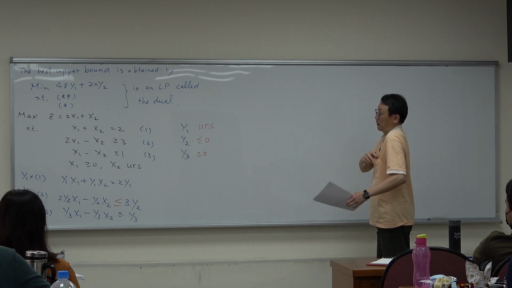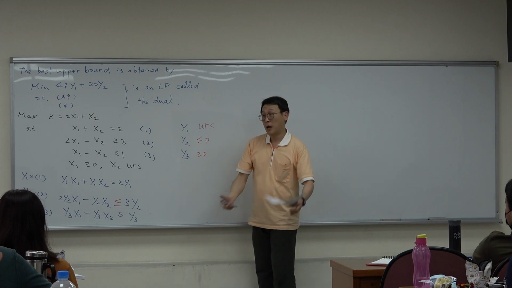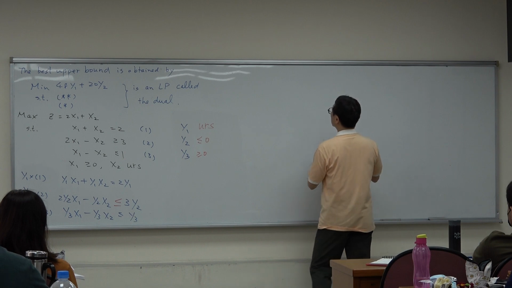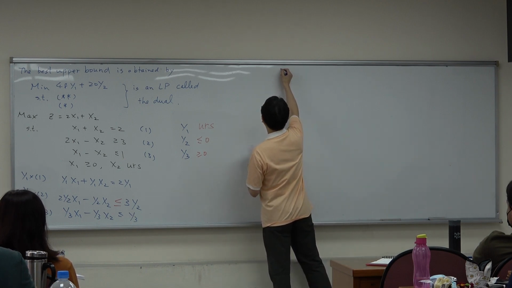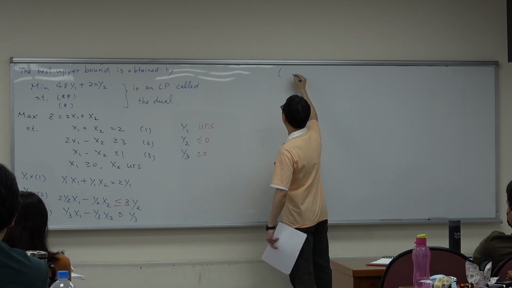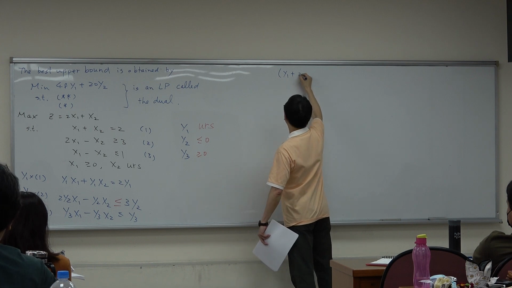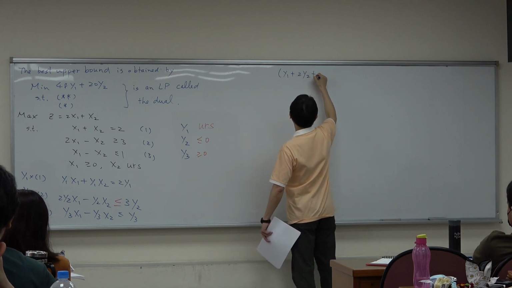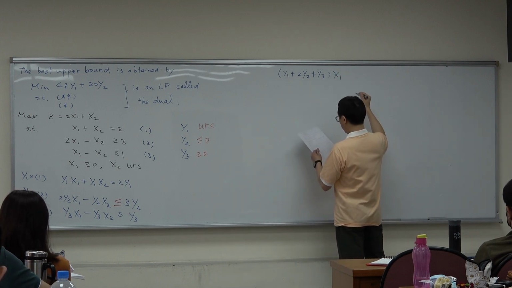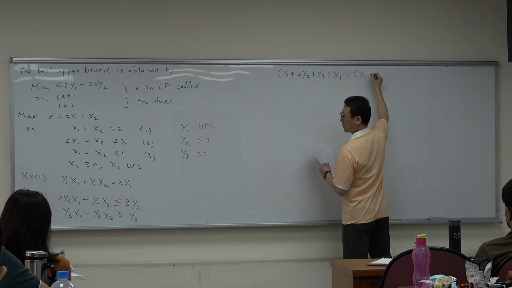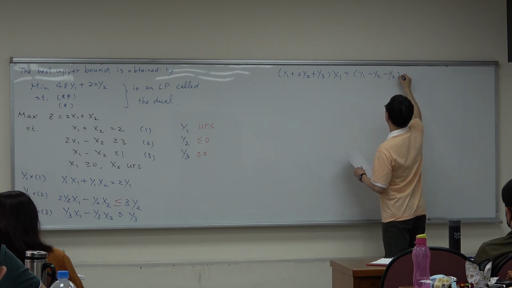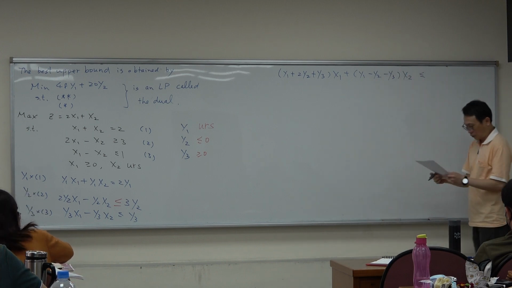Okay, so right now since we want to construct the upper bound, we want to add these three constraints together. So it becomes: the coefficient for x1 will be y1 plus y2 plus y3, and for x2, y1 minus y2 minus y3 plus 4 x2. That will be less than or equal to